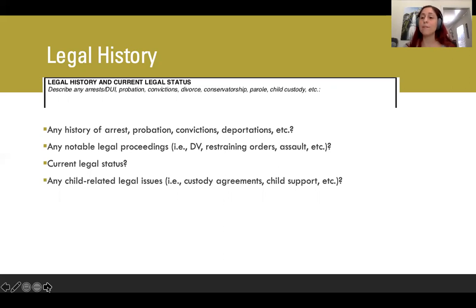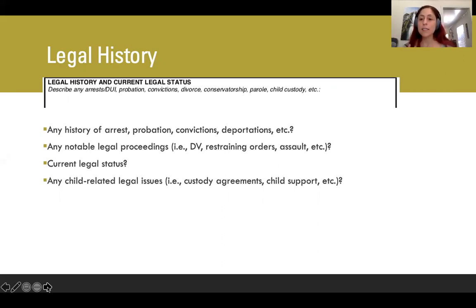and is relevant. If you have a client who has a restraining order against someone, this is helpful for you to know in the event that this person ends up trying to show up at your office or something, right? If the person has child-related legal issues like child support or custody agreements, that might be helpful for you to know because it probably brings some stress with it, right? Or if they ever wanted to bring their child to therapy with them, you'd need to know these things for consent purposes. So don't overlook it.